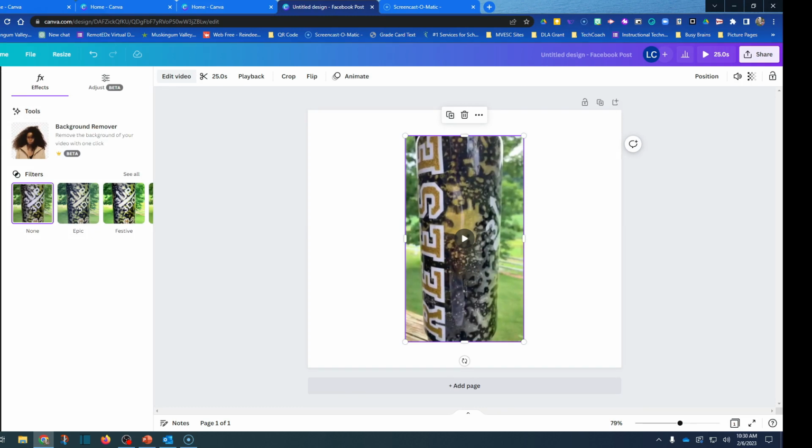When I do that, it pops open this left-hand sidebar where it says right at the top, Tools, Background Remover. If this works correctly, it's going to take out those trees and that little bit of background. I don't know what it's going to do with this, but we're going to see what happens.